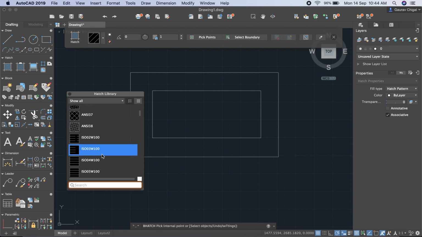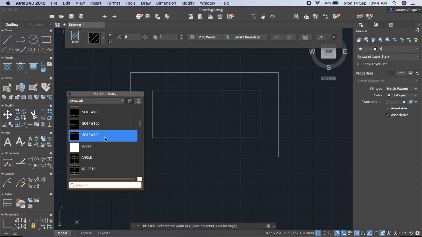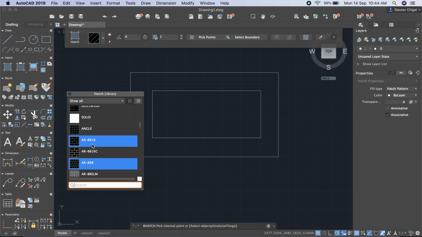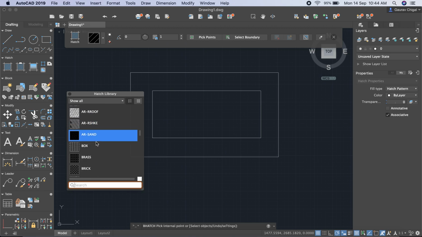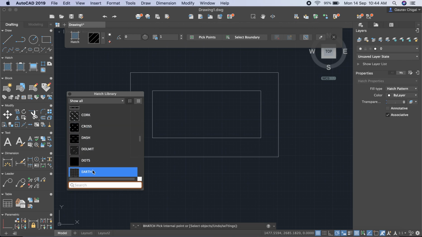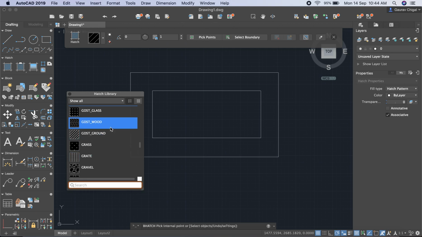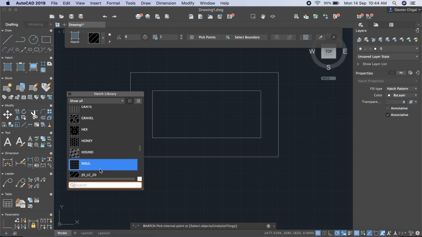So there are a number of patterns by which you can select the hatching structure for your element. Like this is used for brick structures, and then for gravels, for water, for wood. So there are a number of options: clay, dash, cross, cork, dolomite, dots, earth, gravel, and so on.